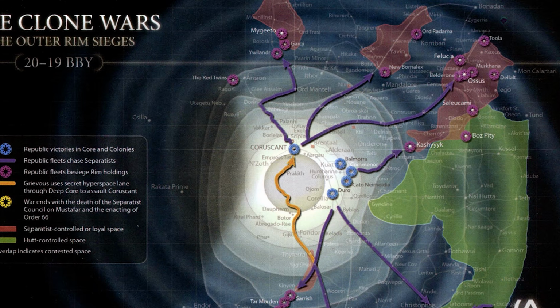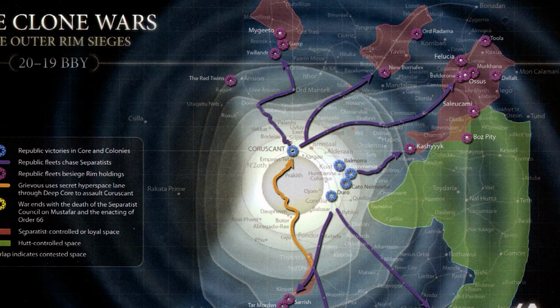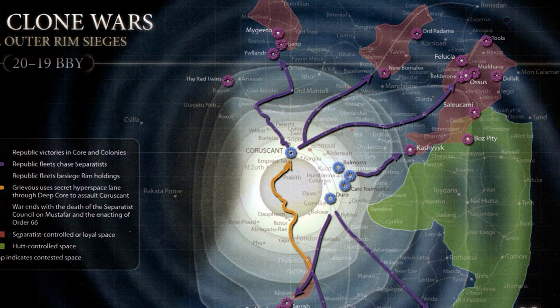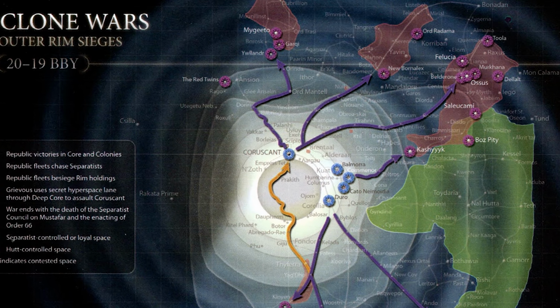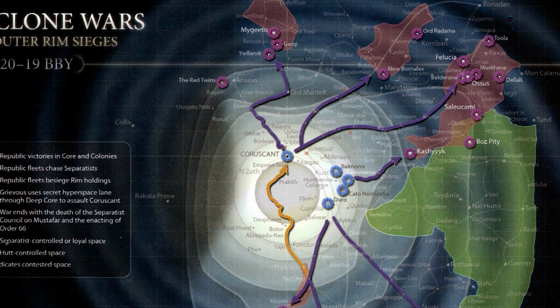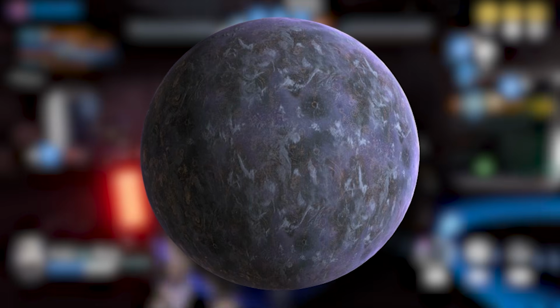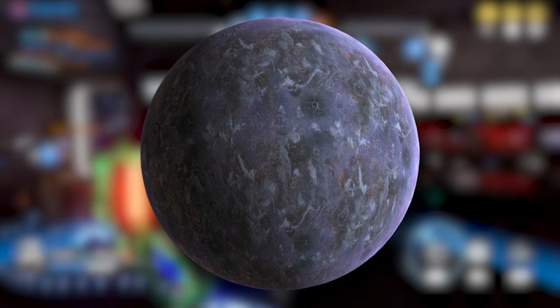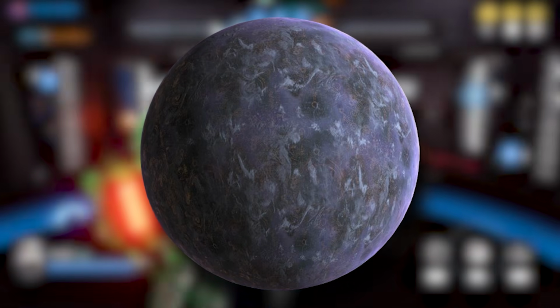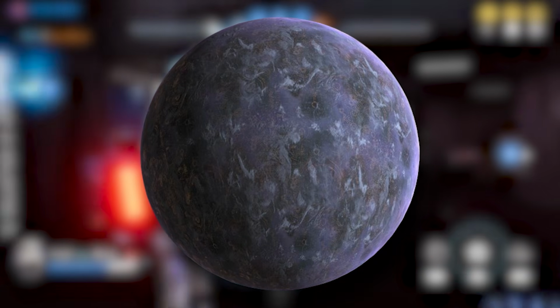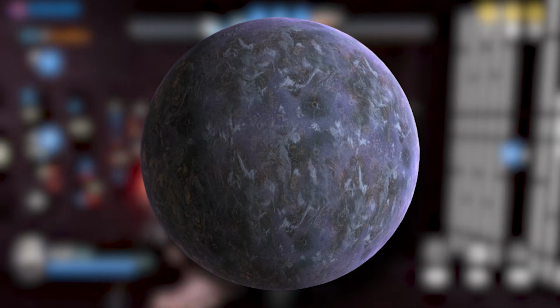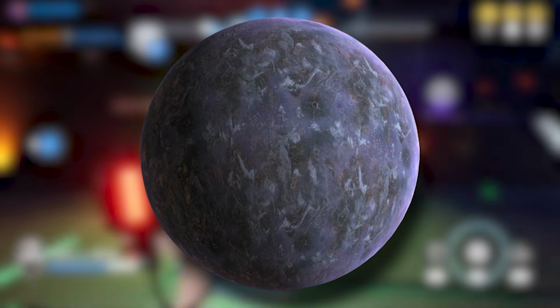Anaxes, which would later get the moniker the Defender of the Core under the Republic, acted as a staging ground for the Republic's final offensive, the Outer Rim sieges in the Clone Wars, and got its start as the Imperium's major shipyard. Axum, despite probably being the less famous of the two now, was actually the larger political, commercial, and population center, outstripping the production capacity of Anaxes by many times.